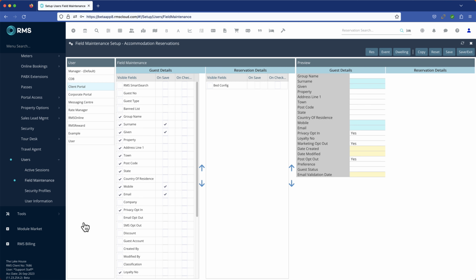The number of fields that are available to the guest in their guest profile in the guest portal are under, in the side menu, Setup, Users, Field Maintenance. Then just click on, in here it's labelled Client Portal, but it's Guest Portal. Just put a check in the box next to the fields you want the guest to have access to. And if they're mandatory fields, then you can put a tick in this column here,